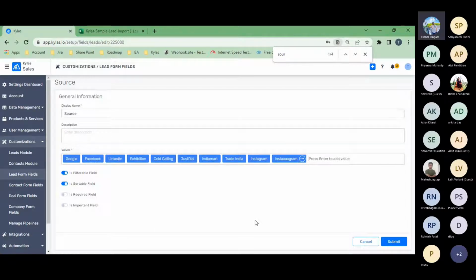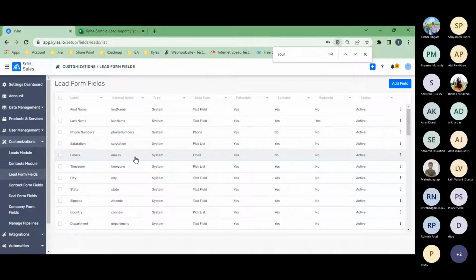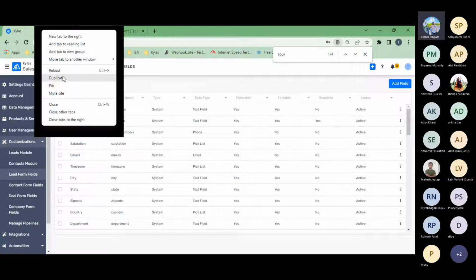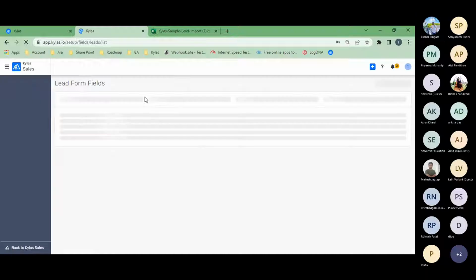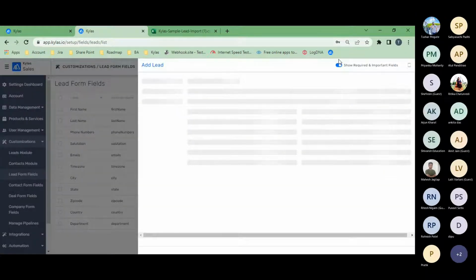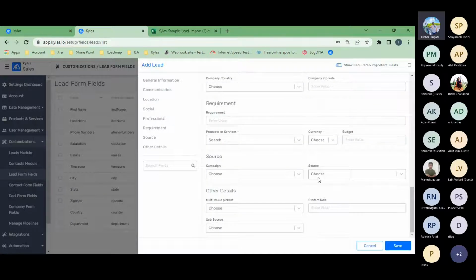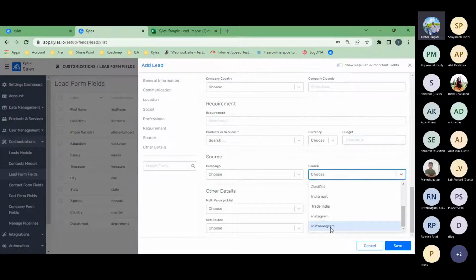So let's say I'm submitting this form, I again go to leads form, and in the source I can see those added values here, but this value I have added by mistake. That's why I want to delete this value, either delete or disable. Okay, so what I would do,